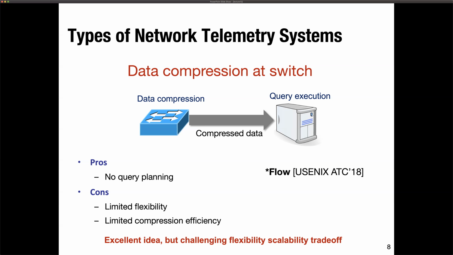So the good thing about such a system is that it is definitely better than Everflow, NetQuery, DShark in terms of scale. Also, unlike Sonata, there is no query planning, right? The downside is that it is relatively